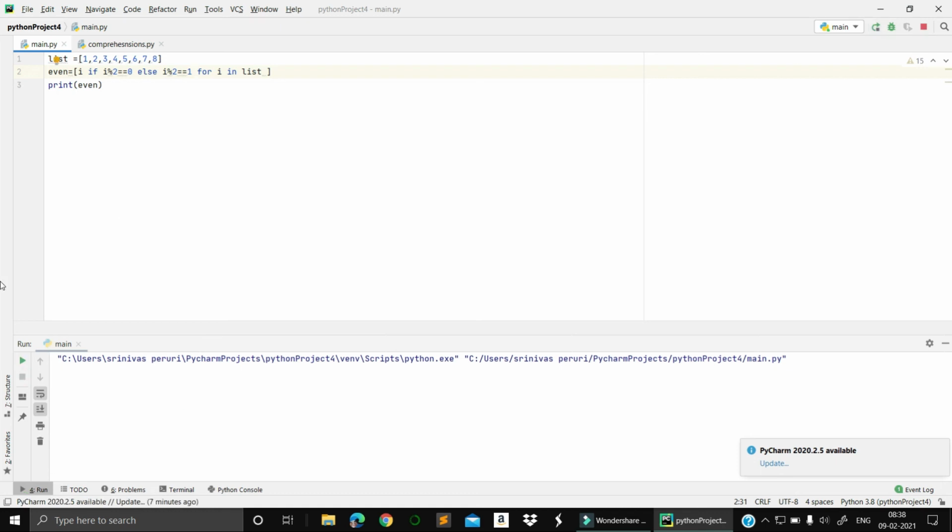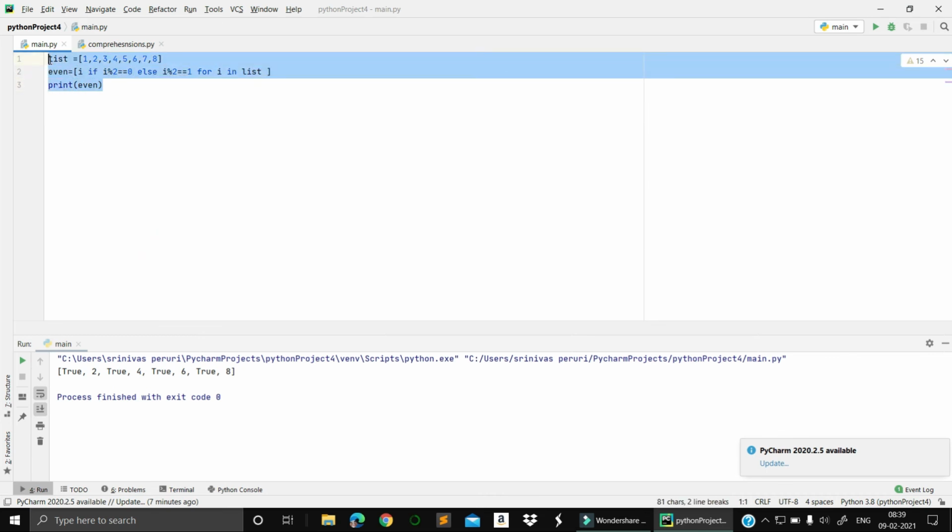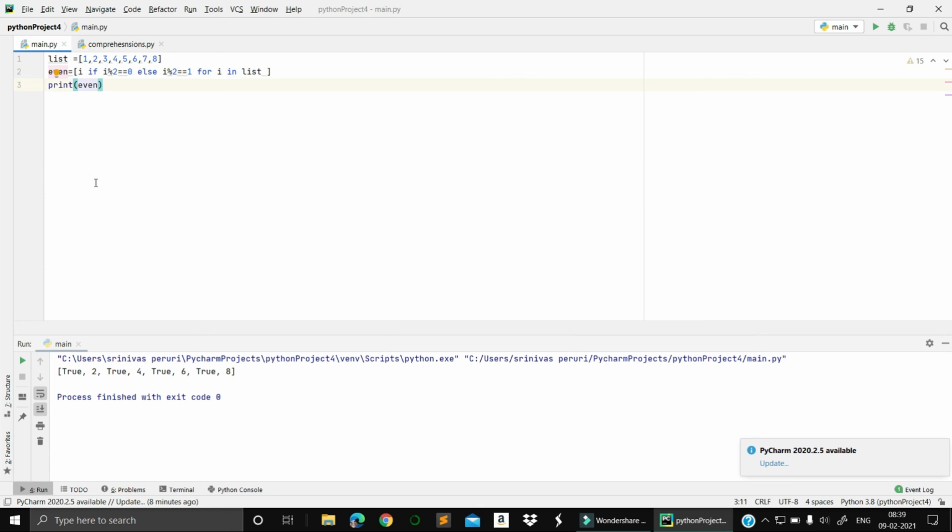Will it work? Yes. i modulus 2 equals 1, it means in the first case the remainder will be 1, right? In such a case, it is getting true. Instead of the even or odd element, I am getting true because this statement is evaluated to true. It is evaluating and giving the result as a Boolean expression, true or false. I hope this is very clear. In this way, to reduce the code complexity, we are going for list comprehension. I hope this is very clear for you.